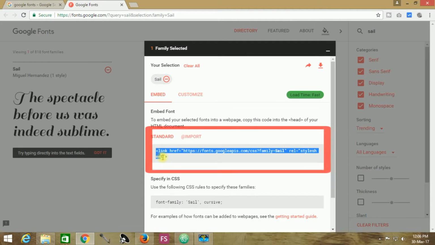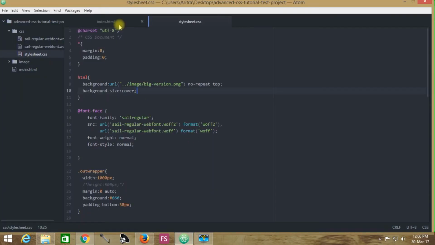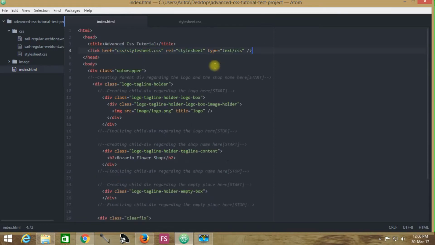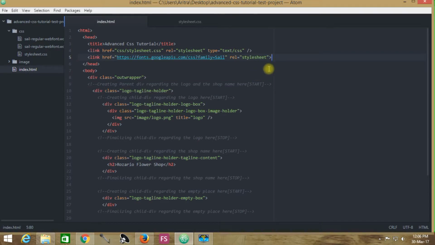You have to copy this code into your index.html and place it inside the head tag, and I'll be placing it right beneath where stylesheet.css has been linked up. So here I'm going to paste this code.